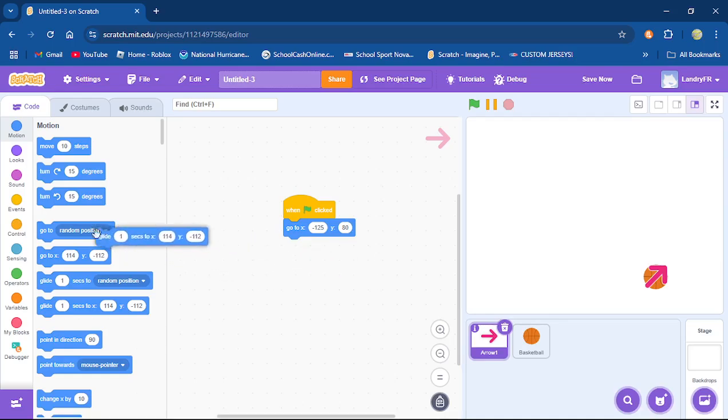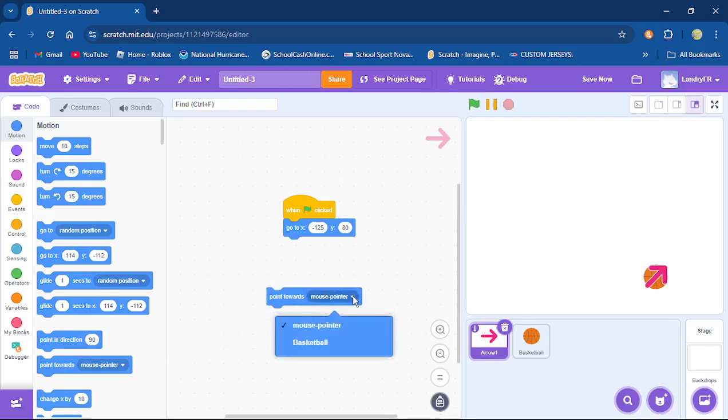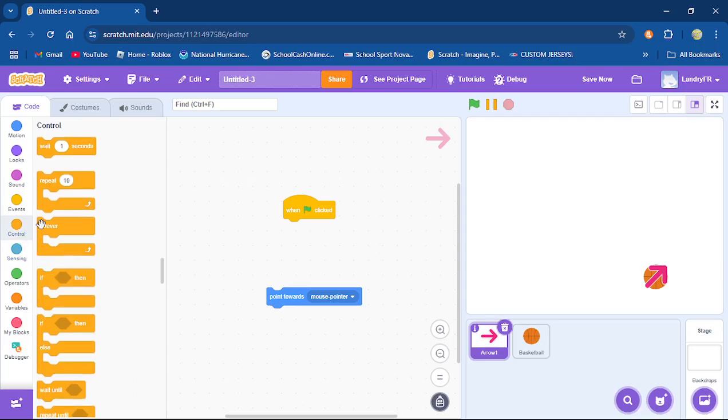Okay, so that's that. Point and direction, we already talked about that. Point towards, so let's say you wanted to make a game and you wanted your sprite to always point at your mouse. You will have probably played games like this. I know I have, especially shooter games where you have your guy moving around the screen and there's monsters right on your butt.